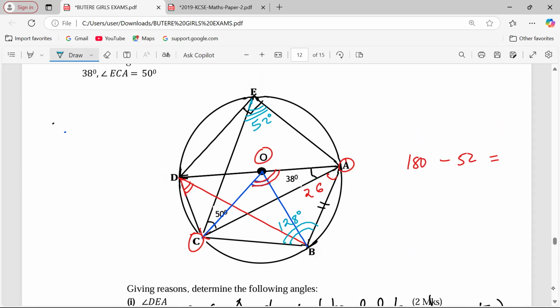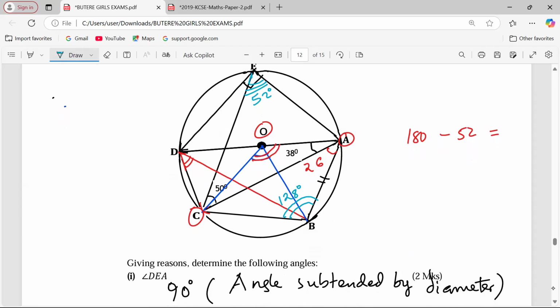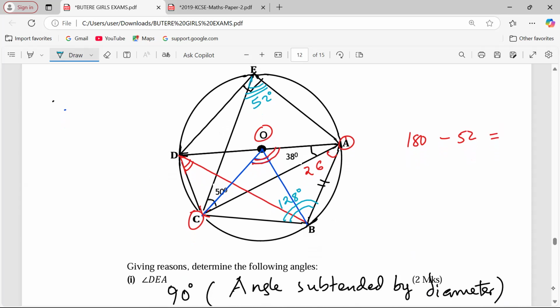Now we'll say this, that the chord AC is producing 52 at the circumference, and again producing another angle that we want at the center. Therefore, we say 52 times 2 is 104. So the angle, which is obtuse,